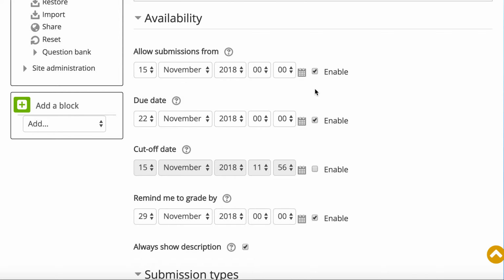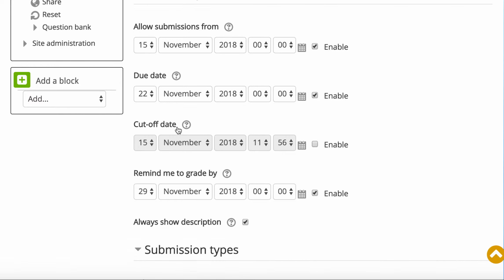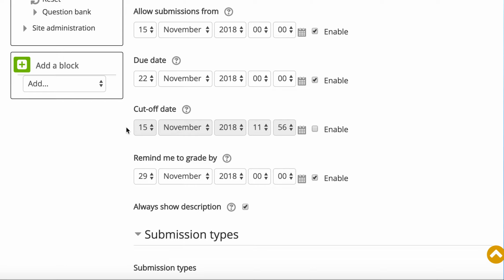And if you enable, for example, they can start submitting today on the 15th of November, and the last day for the submission is 22nd of November. And what is a cutoff date? The cutoff date is if you